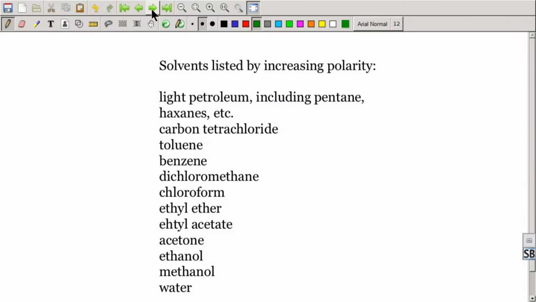All right, so here's a list of common solvents in order of increasing polarity. So you start out with really short hydrocarbons. Okay, hexane is a little bit more polar because it's longer. Carbon tetrachloride, toluene, benzene, dichloromethane. Then we get into the chlorinated compounds. Then diethyl ether, ethyl acetate is fairly polar. Once you get down here,